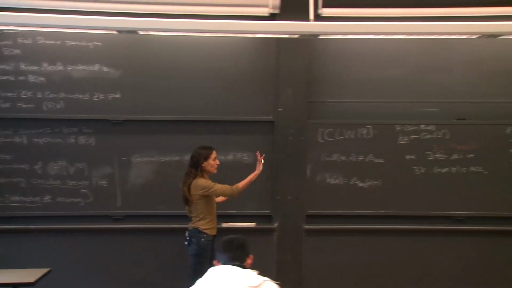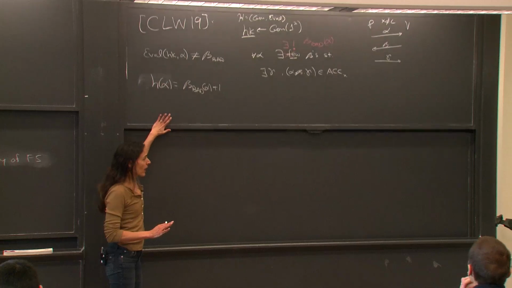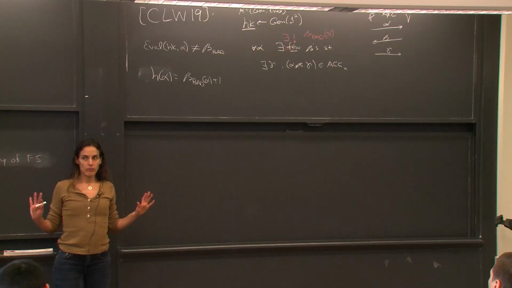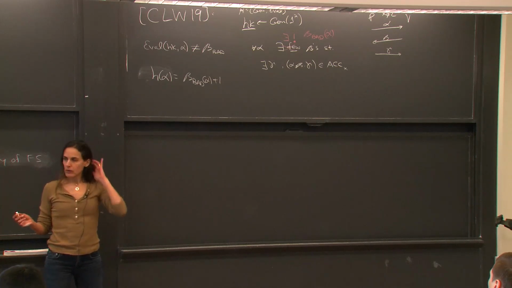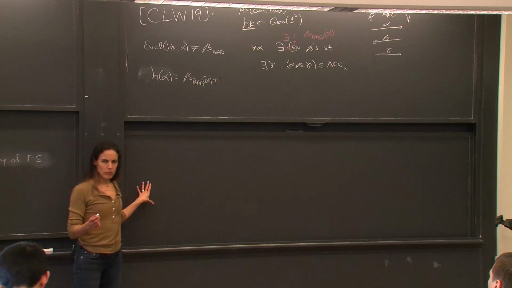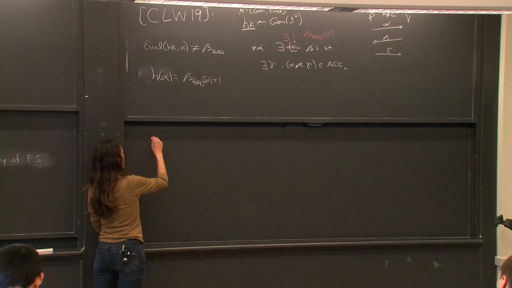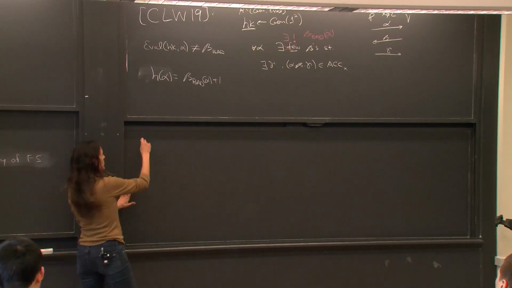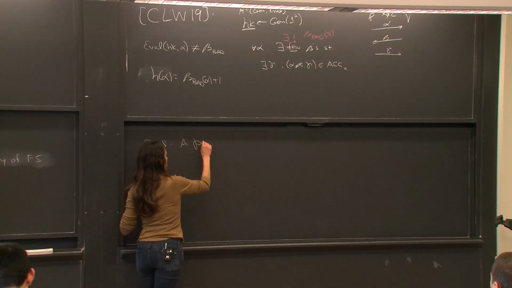Okay, so step one, let me just tell you how to construct the commitment so that it has a trapdoor. And the way I'm going to do it is just using an encryption scheme. So let me define the notion of public key encryption. Did we define public key encryption last time? No, right? Okay. So let me define the notion of encryption, and we'll use that as our commitment scheme. So what is an encryption? A public key encryption